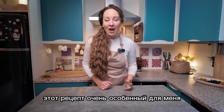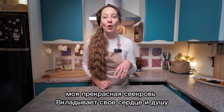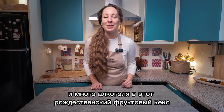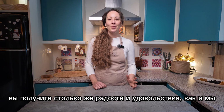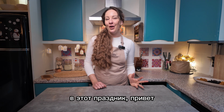This recipe is very special for me. Every Christmas, my lovely mother-in-law pours her heart and soul and a lot of booze in this Christmas fruit cake. I hope that by following her recipe, you will get as much joy and pleasure as we do over this